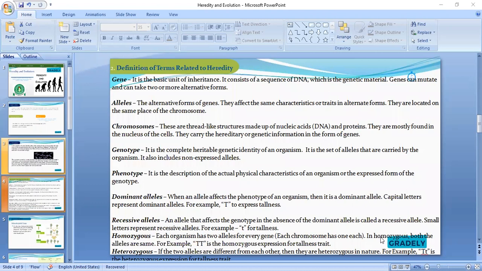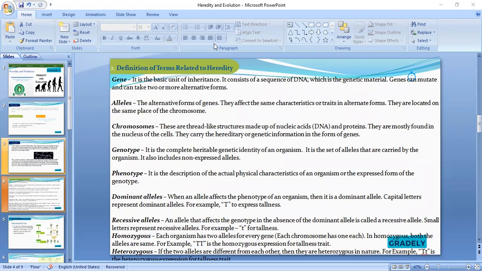When you're talking about homo, it simply means same, what looks alike. They simply mean what? Same, what looks alike. That's homo. So when we're talking about homozygous, it simply means character that looks alike. We can have capital T, capital T. We can have small t, small t. So that is it about homozygous.